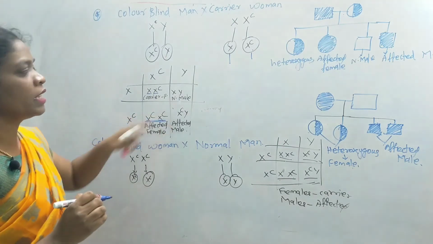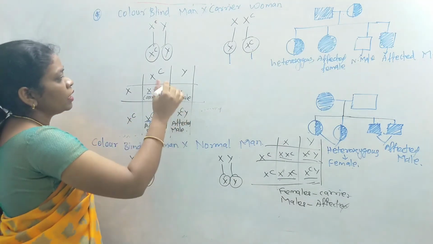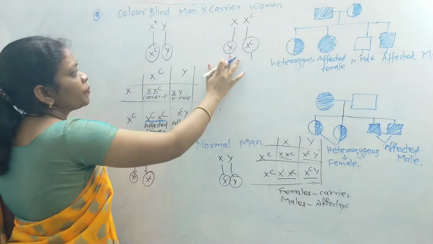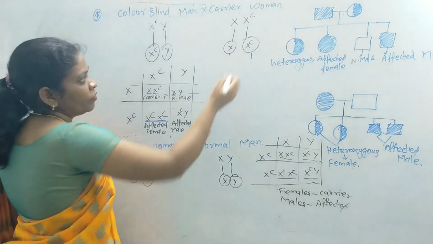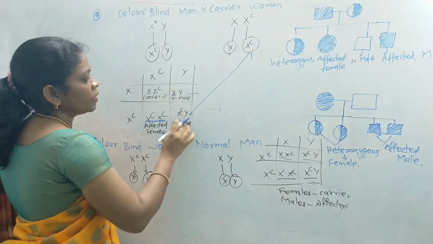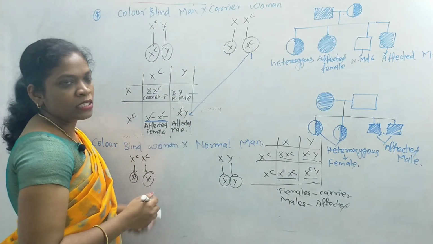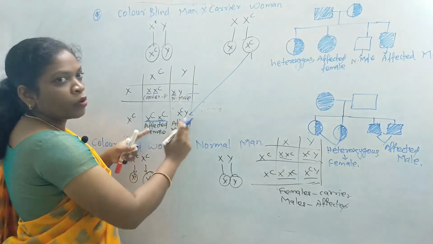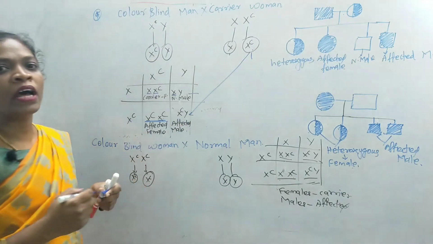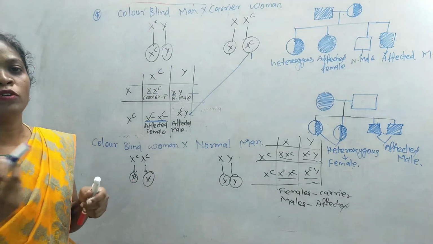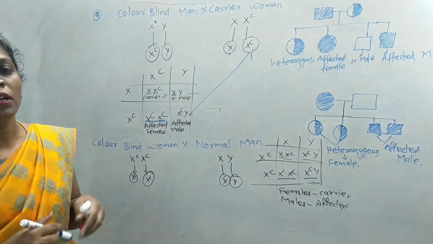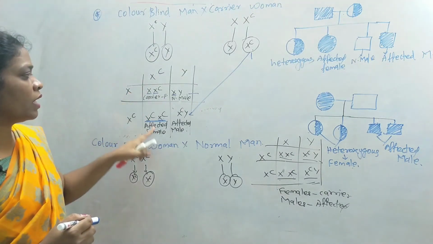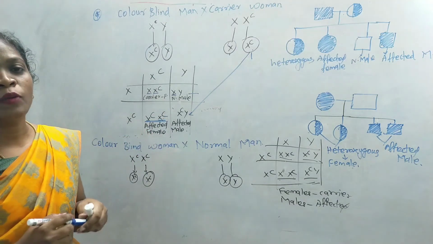The same scenario applies in case of male. The male will receive the X chromosome from the mother. If he receives the normal X chromosome from the mother, he will be normal. Or if he receives the affected chromosome from the mother, he will be affected by the disease. So it exhibits a crisscross pattern of inheritance, where the mother passes her disease to a son, and the father passes his disease to a daughter. So in most of the cases, the males are affected by the disease.